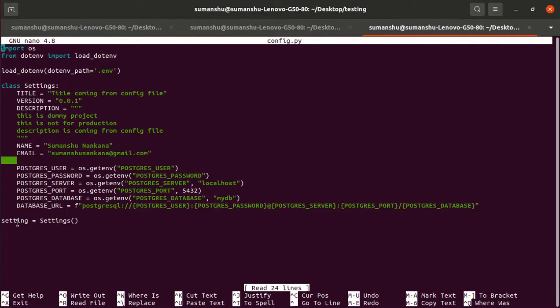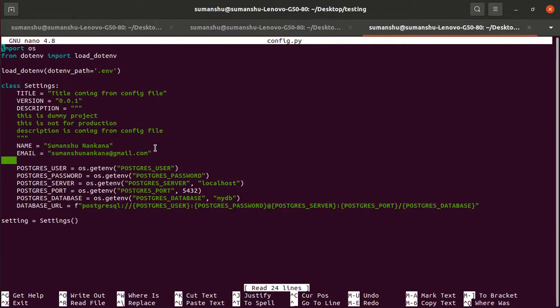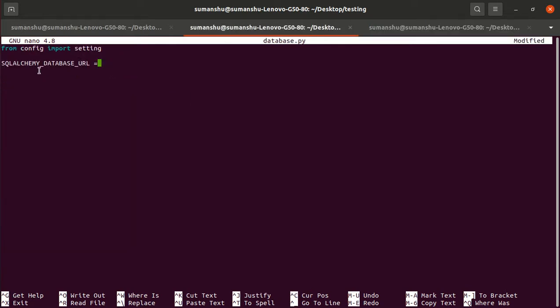We have this settings object for the particular class. Using settings.database_url, we will get the particular attribute. So from config, we have imported the settings object. Now we have to define the database URL.